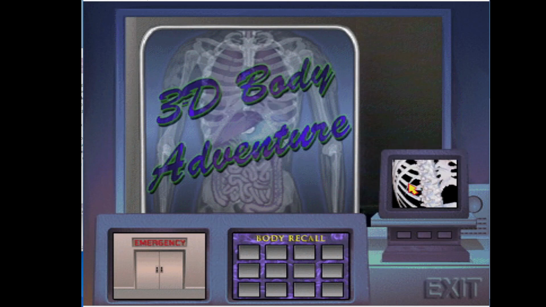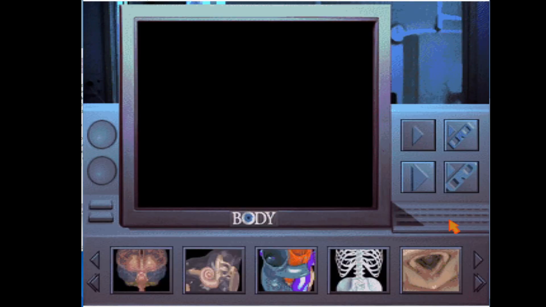3D Body Theater. To select a movie, click on one of the 5 movie icons displayed across the bottom of the screen. To play the chosen movie,